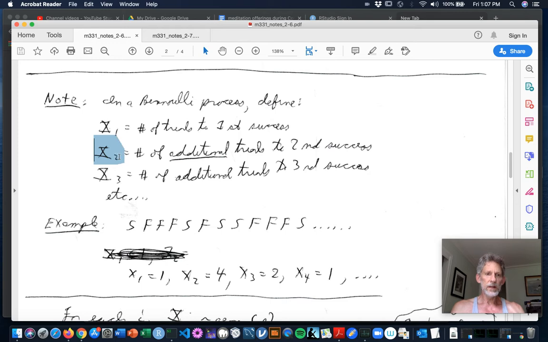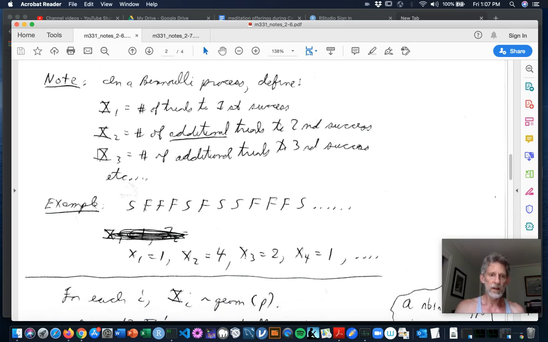And then let's let x2 be the number of additional trials to get to the second success. So if you get your first success at trial 3 and your second success at trial 7, that was 4 additional trials to the second success. Similarly, x3 is going to be the number of additional trials to get to the third success, and so on